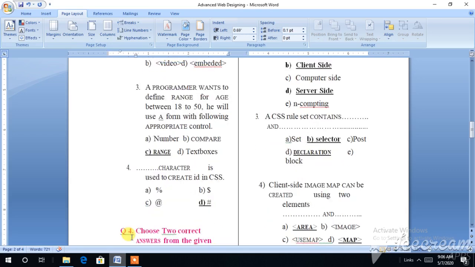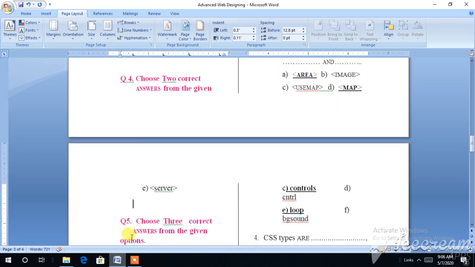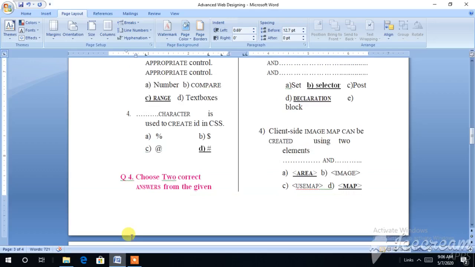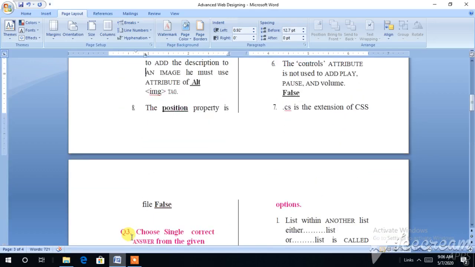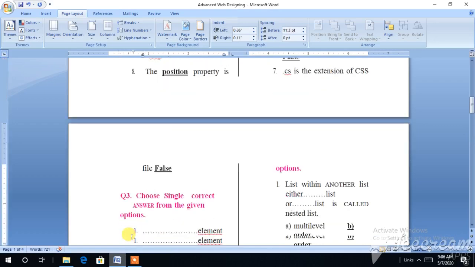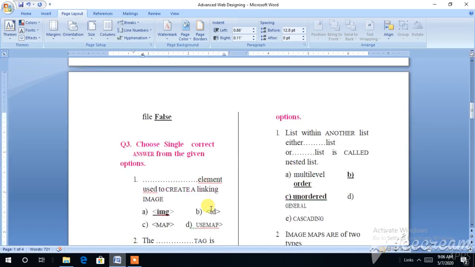Next is choose the two correct answers from the given options. A list within another list, in a nested list, we have the ordered list and the unordered list.